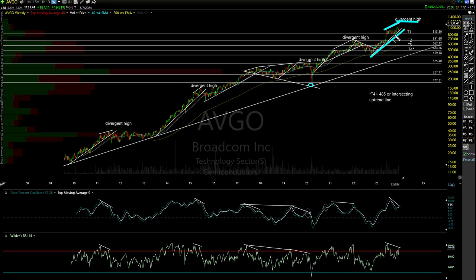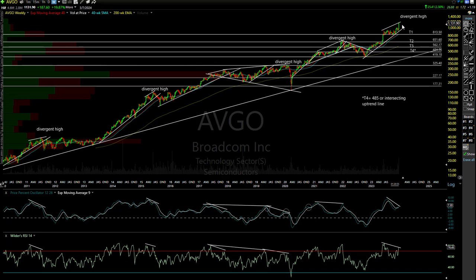We have a divergent high, very steep divergence on Broadcom. This one's been ripping lately, and there's your trend line. So you can either wait to see, you'd probably have to zoom down, and this video would go for 2 hours if I went to all the time frames, daily and 60-minute charts, but you'd want to zoom down and might get an earlier sell signal on the shorter term charts that I just mentioned.